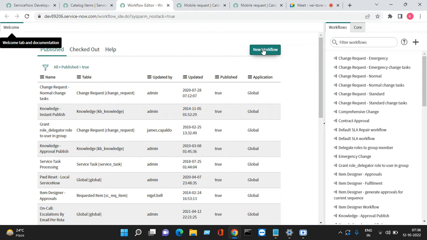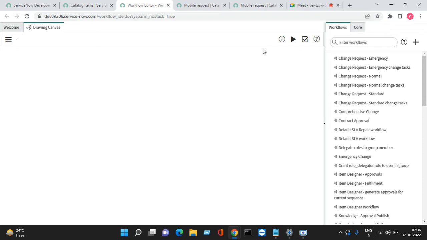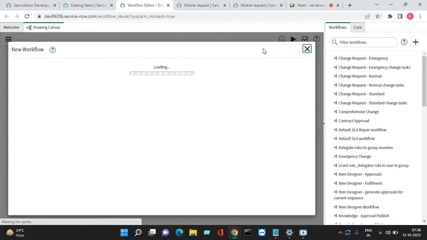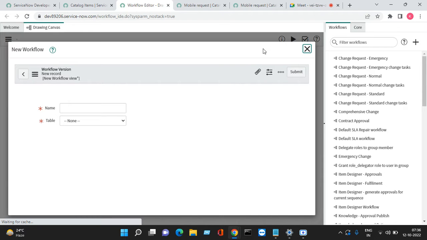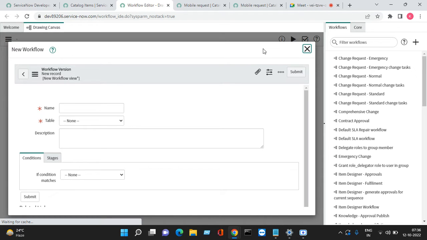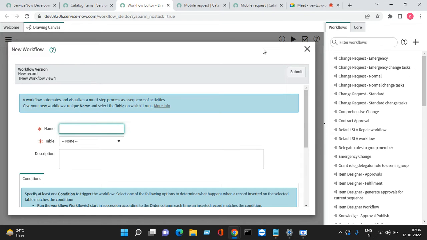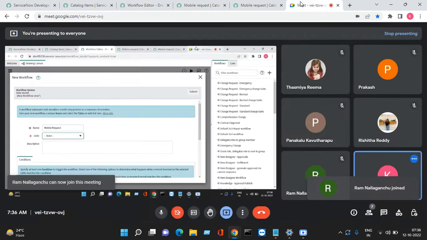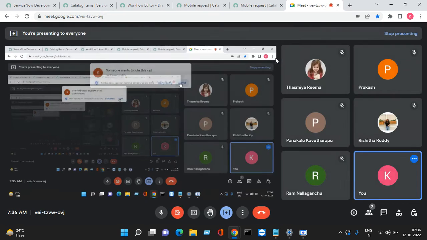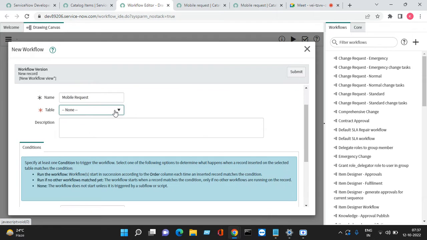These are all existing workflows. So I'm just creating a new workflow. This is a very interesting topic, guys. This workflow and this category are completely on your ITSM project. If you're working in an ITSM project, this should be there. So I'm just giving the name as mobile request, and the table is